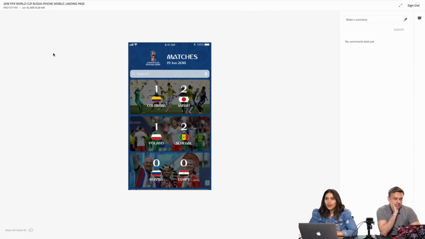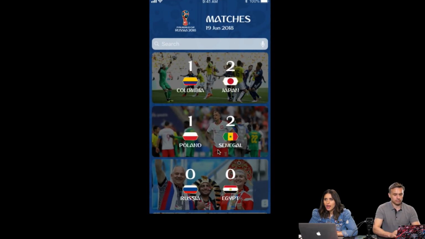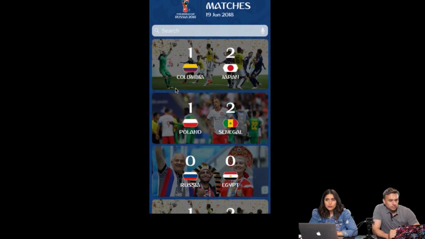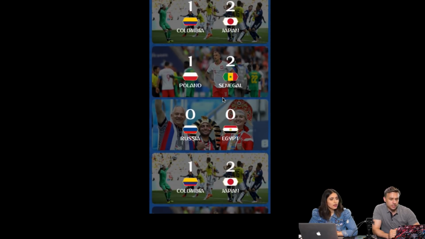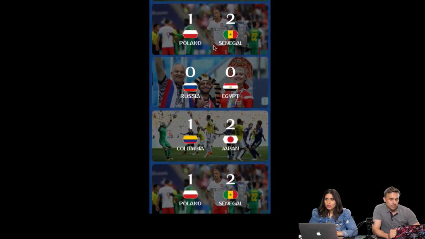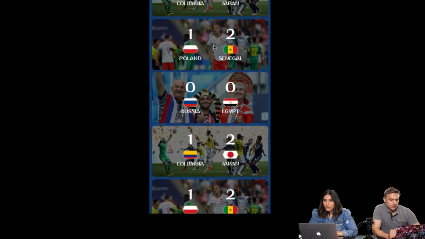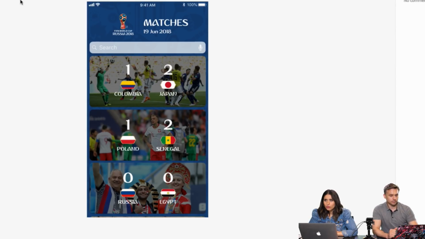This should be our last one. Don't have a name associated with it. Looks like it's one page. Cool. I like that you can search the games, which is awesome. Again, the use of color, and the logo, from the logo itself, which is awesome. This is good. I want to know that we're looking at the latest matches. The typography is pretty interesting. It's not typical. I love that A in that typeface. Yeah, that is fun. Good use of the flags in there. I think so. Good job.